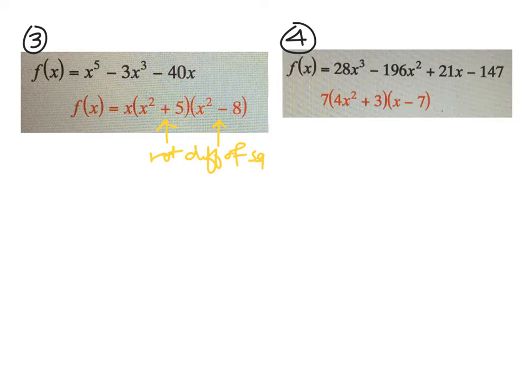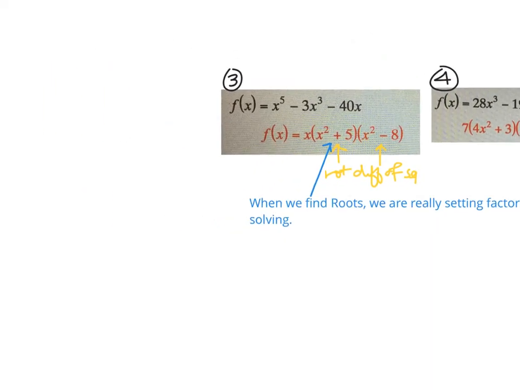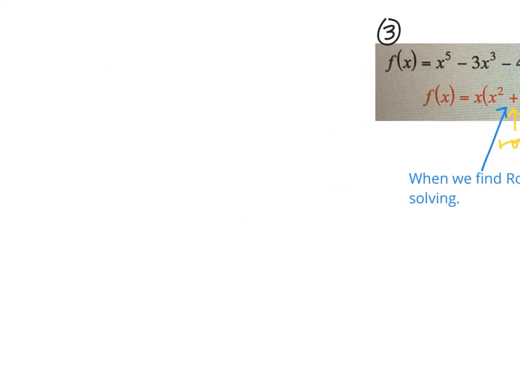So technically, we've talked, I don't know if I've actually said this very well this semester, but when we're finding roots, we're really setting all of our factors equal to 0. For example, if the factor was x minus 8, we say the answer is positive 8. That's because if you say x minus 8 equals 0, you add 8 to both sides and you get